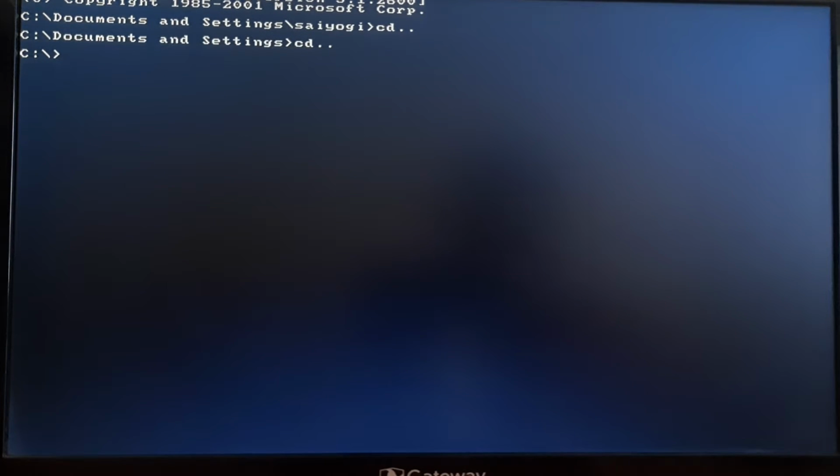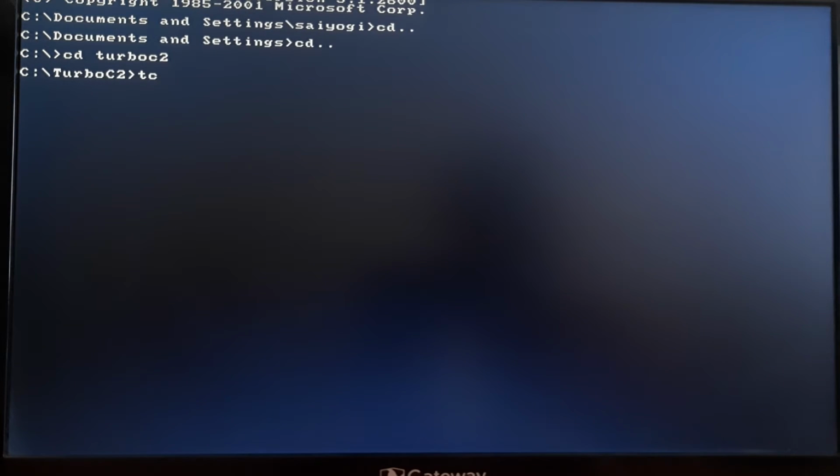C colon backslash greater than is called the C prompt. Once you get this C prompt, don't type cd.. thereafter. Type cd turbo C2. You will be entering into the turbo C2 directory and thereafter type tc.